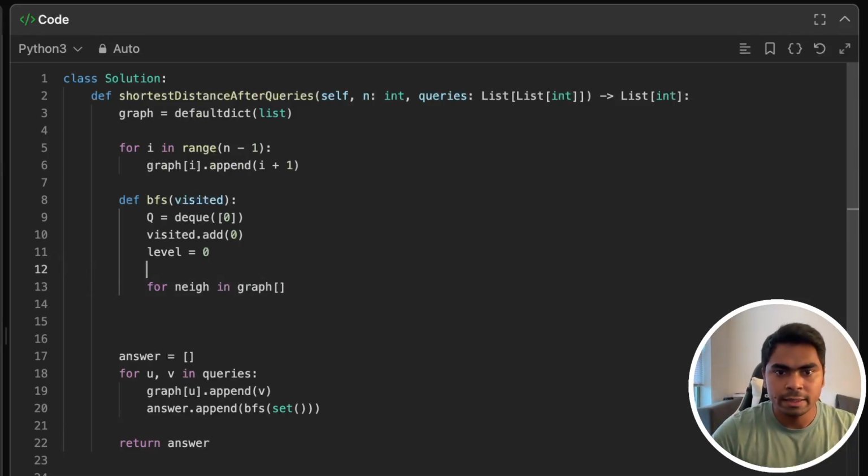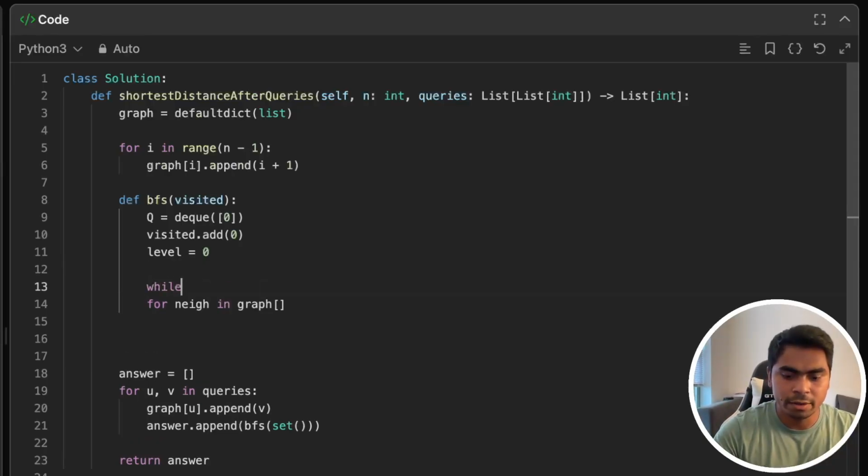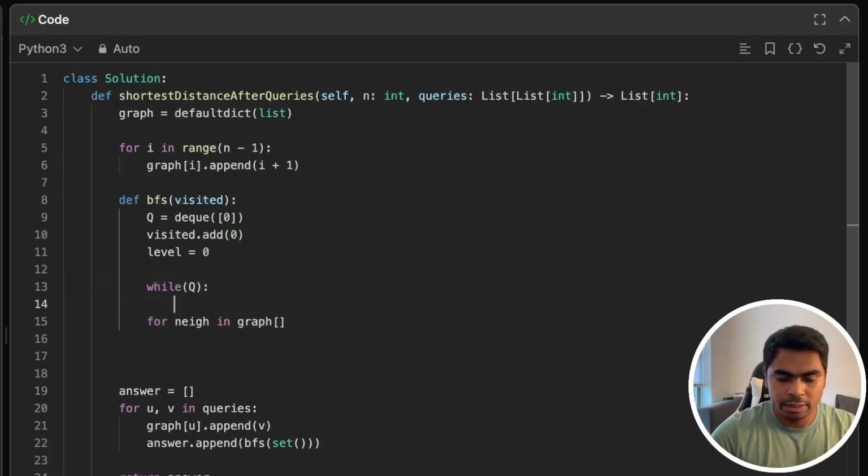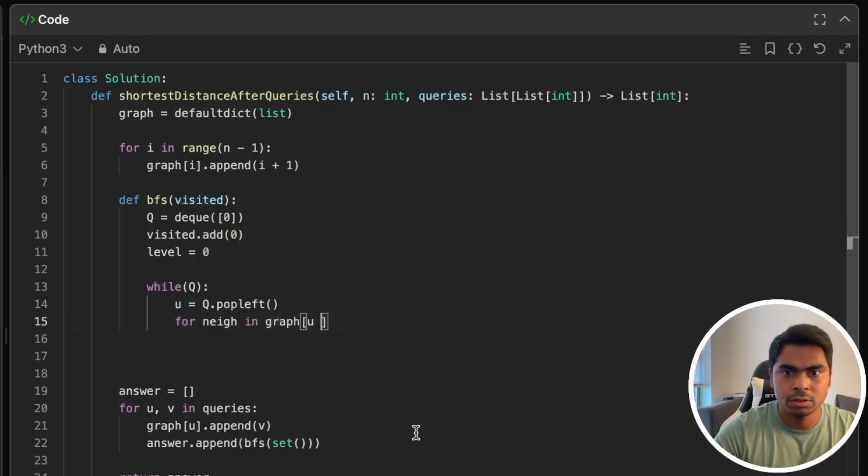But before that I will have my while loop. So while q is not empty, I will take out this u, which is the source, which is 0. Initially it's 0, it will later keep changing. So now I will pop out, so q dot pop left, it will give me the u, and actually this u will give me this right here. And yeah, so by the way